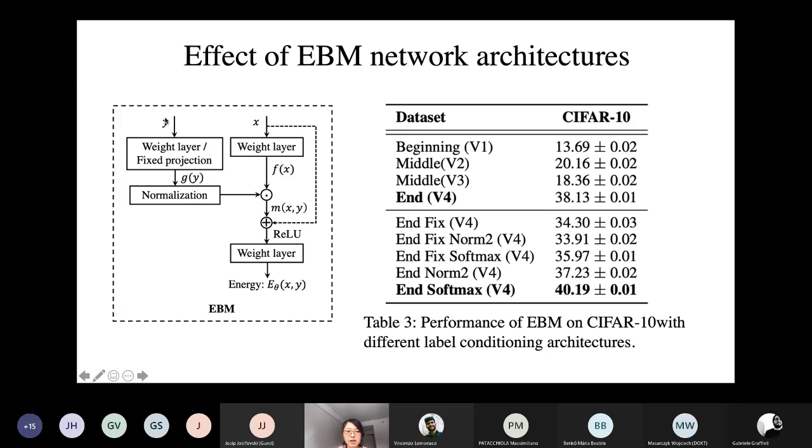For example, we combine the information from x and y in the beginning, in the middle, or in the end of the architecture. And we show that if we combine the information of x and y in the end, it has the best performance. We also test different normalization methods to combine the information from x and y, for example, the L2 norm and softmax. And we find that using softmax achieves the best result.